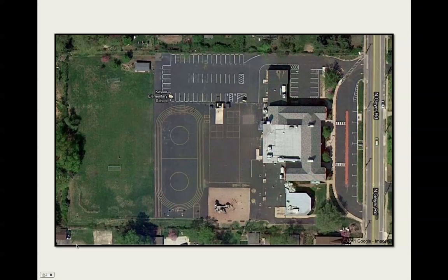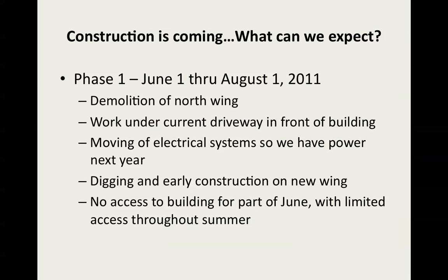You see in front of you, basically, this is our site plan as it is right now. This is our campus. We have 3.57 acres, which is by far the smallest of the campuses we have in Kirkwood. It will change very dramatically over the next 18 months, starting roughly around June 1st. So what is coming? In phase 1, which starts around June 1st and continues through about the beginning of August,